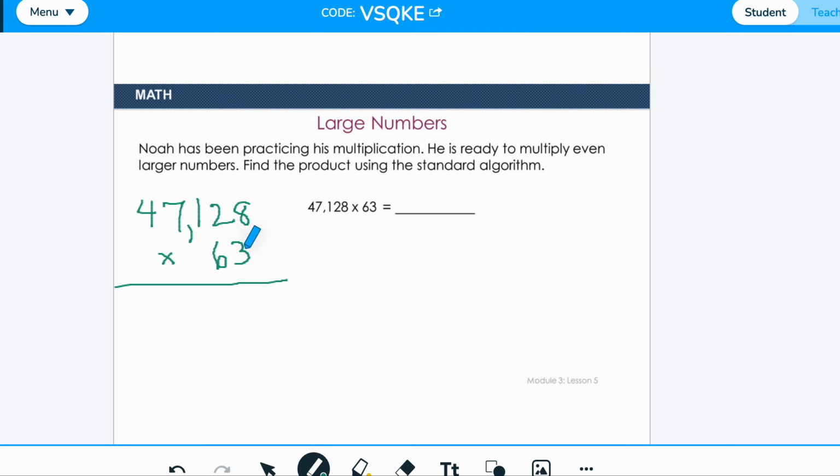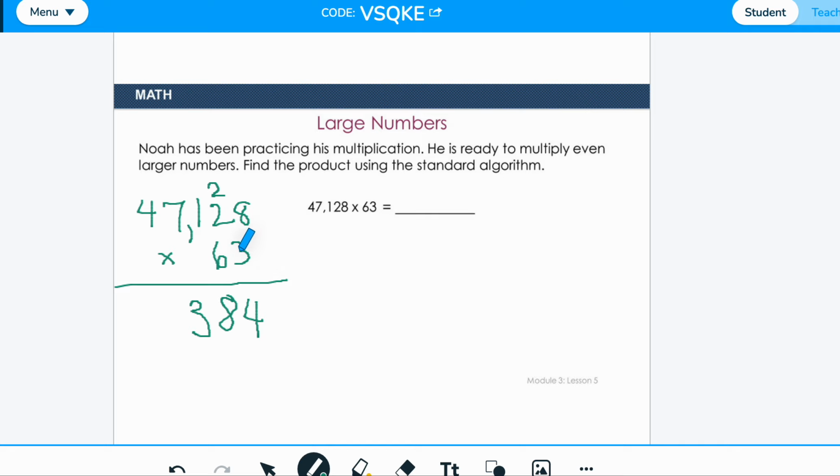Here we go. I'm going to take 3 times 8. I know 3 times 8 is 24, so I'm going to drop my 4. I'm going to regroup that group of 2. I know 3 times 2 is 6, plus 2 more gives me 8. But really, this is saying 3 groups of 20 is 60, plus 2 more groups of 10 gives me 80. All right? Now I'm going to take 3 groups of 100. 3 groups of 100 is